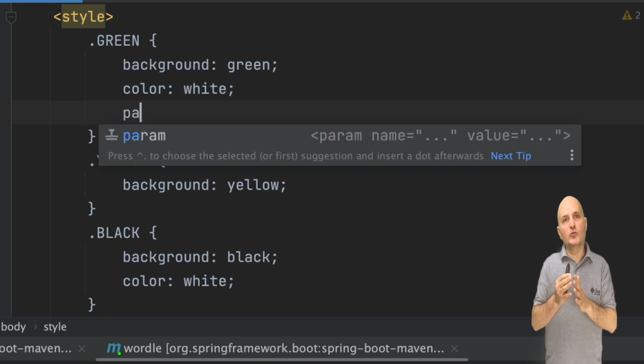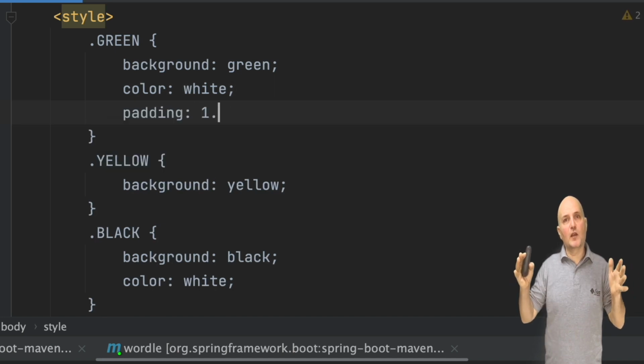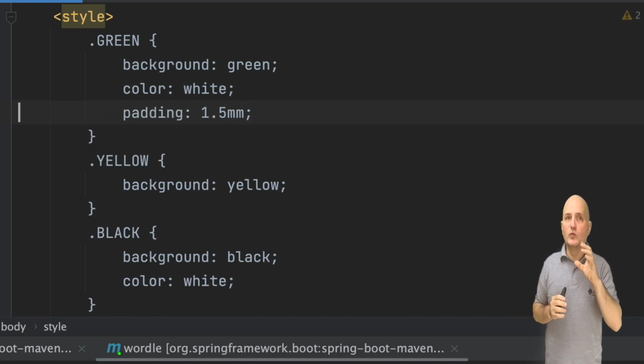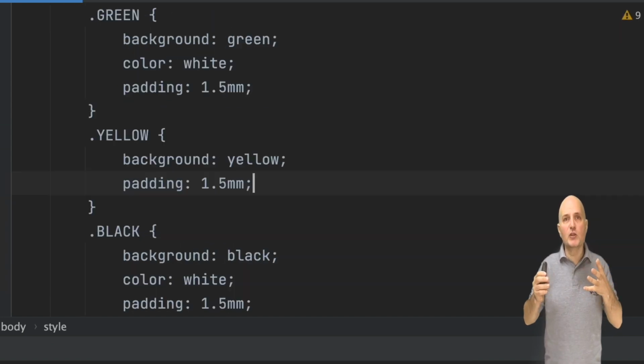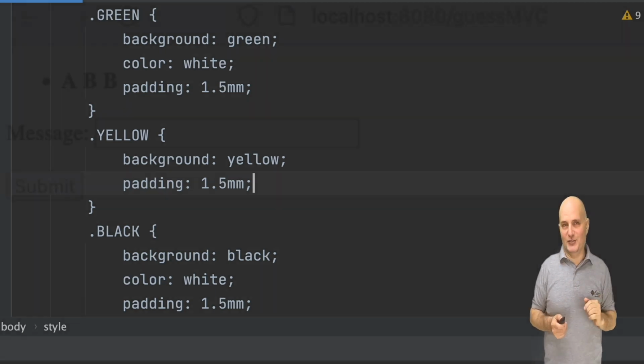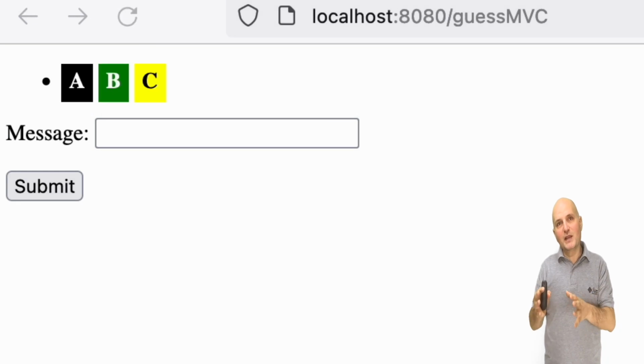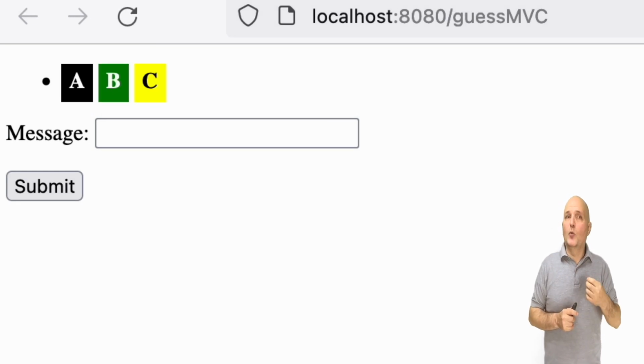Padding means we want to add a bit of spacing around the component. We use millimeters as a unit so it will work consistently in very high density displays. That's a subject for a big discussion. Once we made these changes and also update the second B letter, we can see the colors look much better.